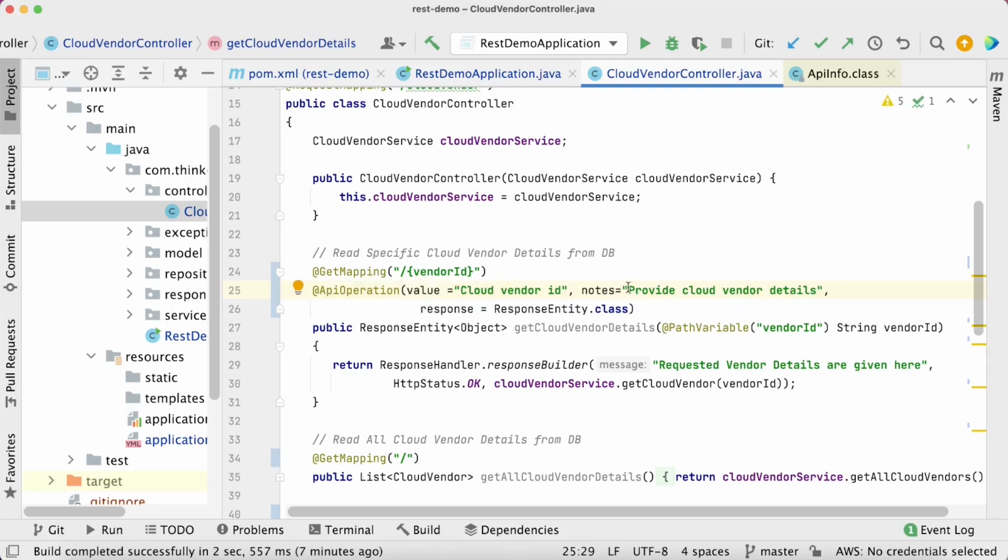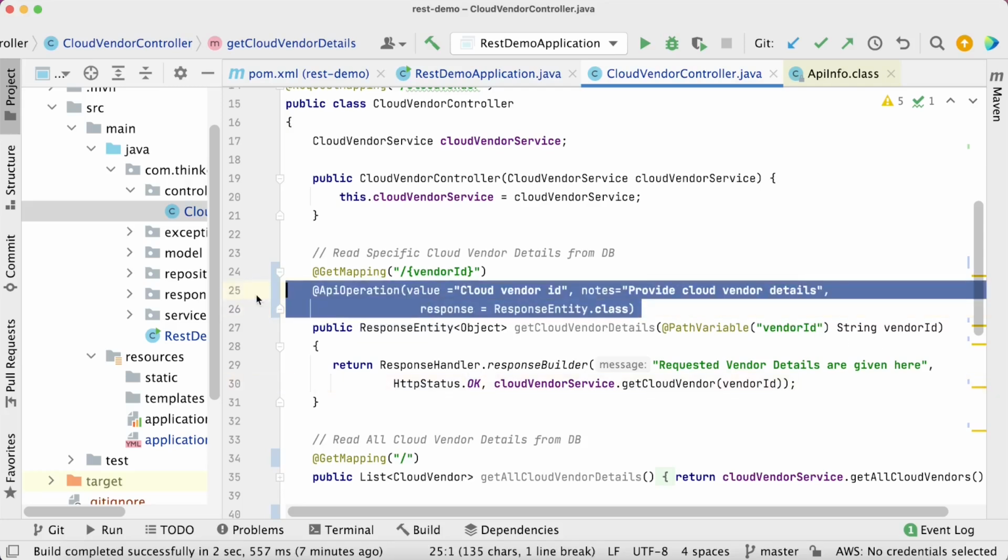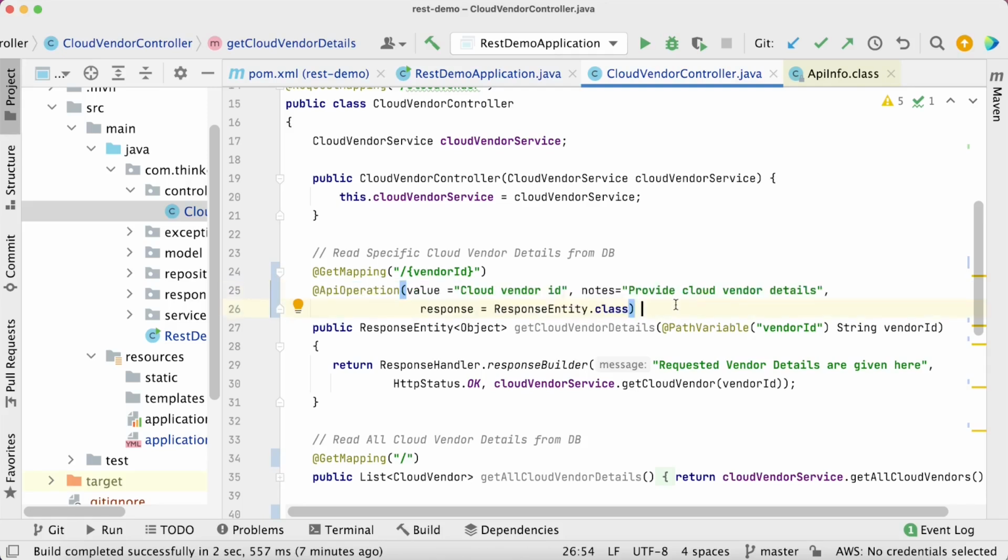And then what processing it does, you can write much more details here. And then in the response, what kind of response is it generating? Fine. So by doing this small change, we have made this method notes or documentation much more clear. All right. Now let me just demonstrate one more step here.